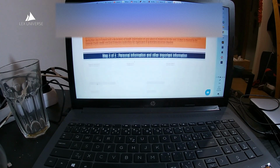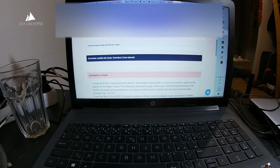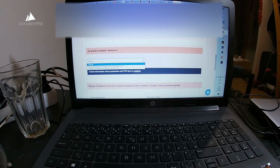Now, once you validate it, you will need to fill out all this information. The type of transport, which will be commercial flight. Here you will fill out the flight number. You will fill out your arrival date. In case you have spent some time before your arrival to Iceland in Greenland or the Faroe Islands, well, not countries but territories, then you probably know, you don't have to stay in quarantine. But otherwise, you have to fill out this form,